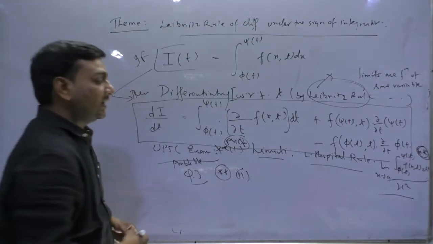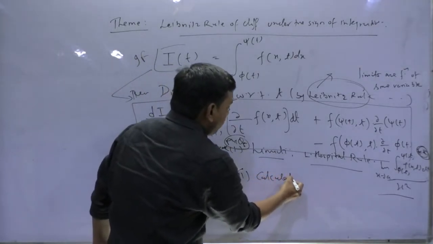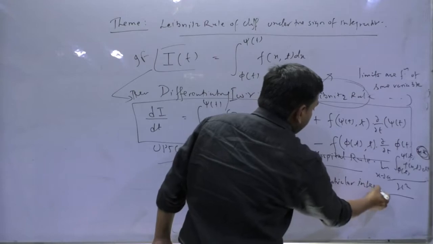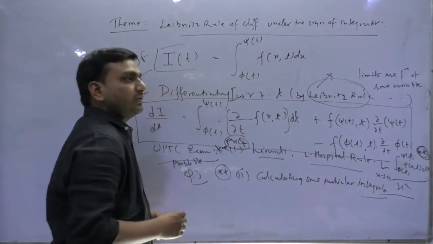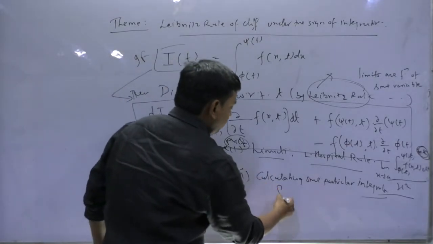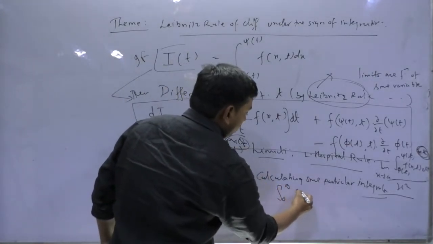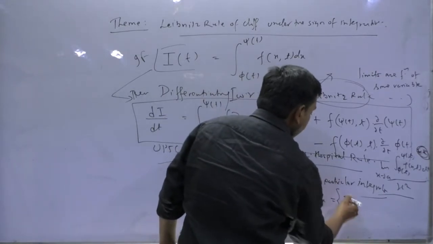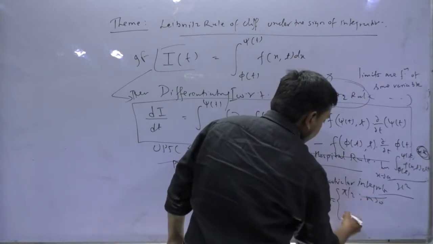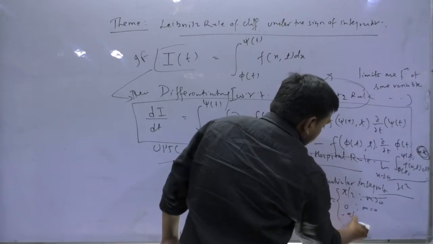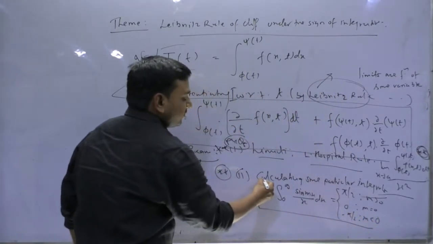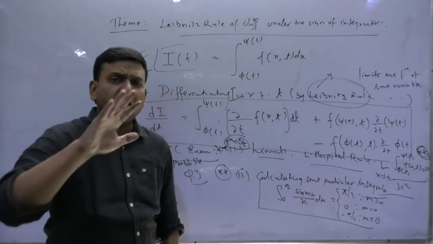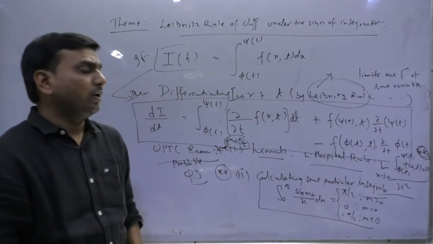Other type of questions, calculating some particular integrals. Somewhere there are very standard kind of integration. Suppose that someone says 0 to infinity sin mx upon x dx क्या होता है? It is either pi by 2 for m positive, 0 for m 0, it is minus pi by 2 for m less than 0. Suppose that this is question with you. So in such integrations, these are very standard integrations, you know.